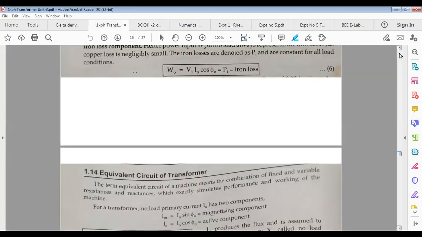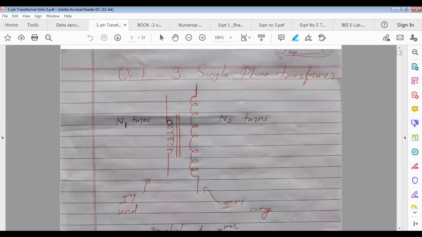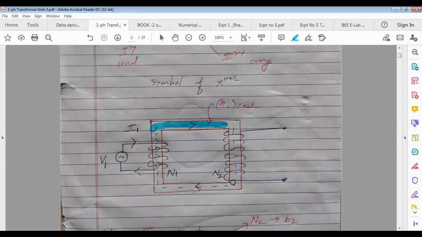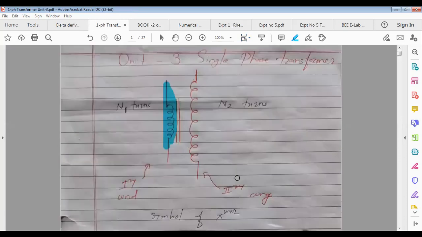See, we have seen the transformer many times. Single phase transformer means a single winding on the primary and a single winding on the secondary. Both the windings are wound on a common magnetic core. See, like this. This one we have seen a number of times. This is the transformer. It is used to step up or to step down the voltage. Input is AC, output is also AC, single phase. Okay. Now you see the auto transformer.